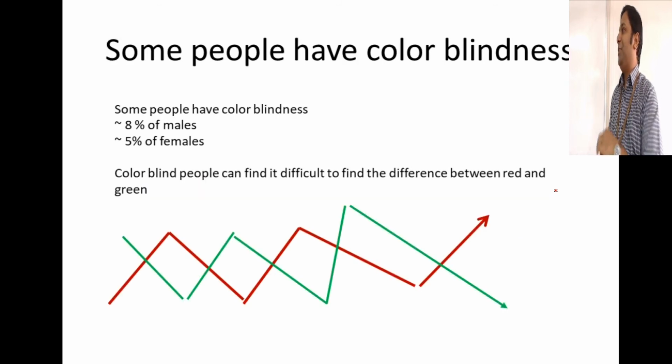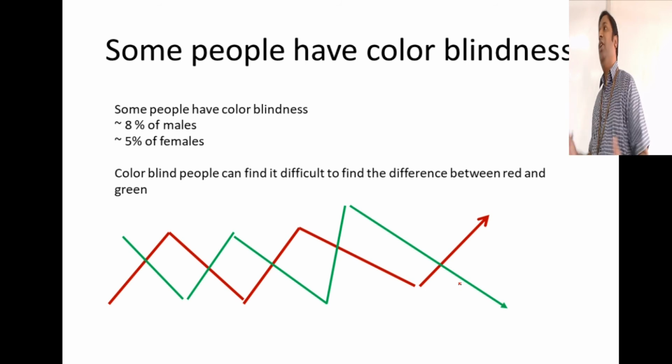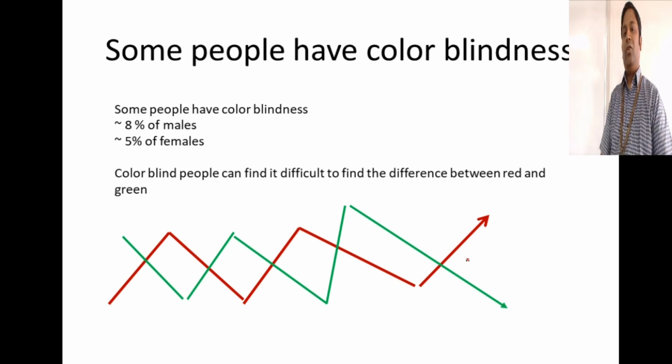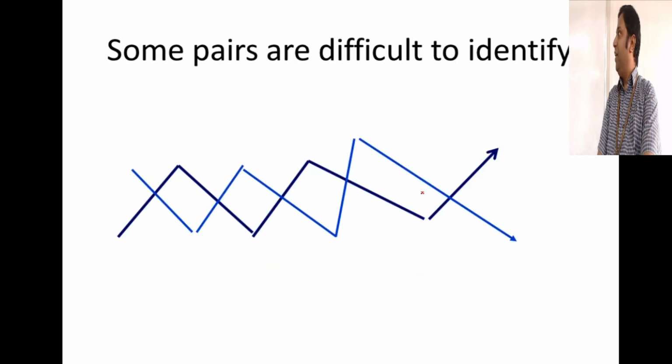Color blindness. How many of you have heard of this? The statistics are very old, but what it says is people with color blindness cannot differentiate between red and green. So you should never use graphs or charts, anything which is a combination of red and green, because for them there is no difference between red and green. So this also you should take care while you are designing your interfaces. Again, how difficult this one is to identify. You have two similar colors and you come out with a graph.